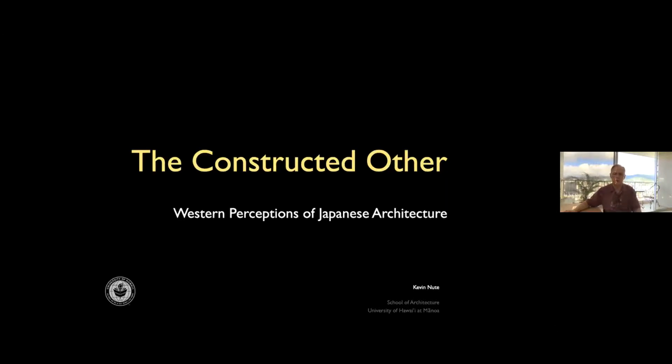So I wanted to talk today about the way that Japanese architecture, and Japanese culture in general, but specifically Japanese architecture, has been construed by non-Japanese and primarily Westerners. And to look at the gap between that constructed other, that image, and the reality of Japanese architecture, and very often there was a considerable gap. There's a lot of text here, probably more than there really needs to be, but